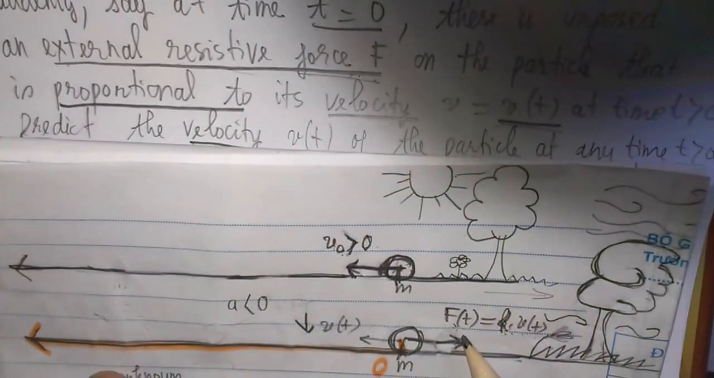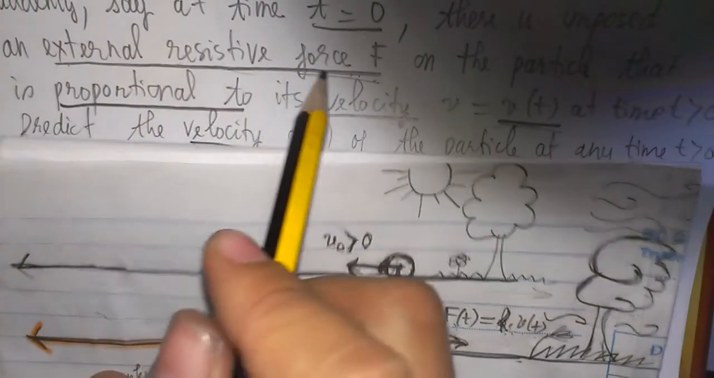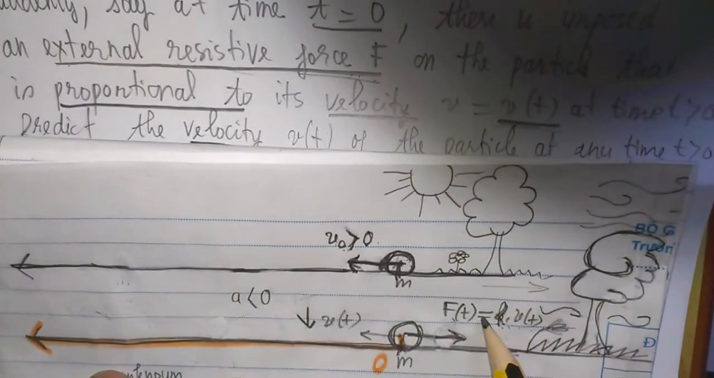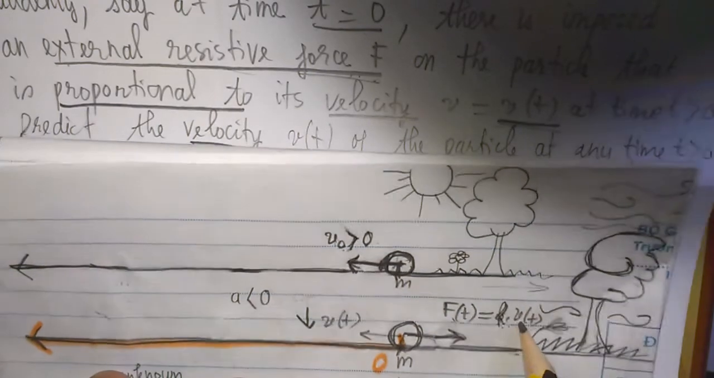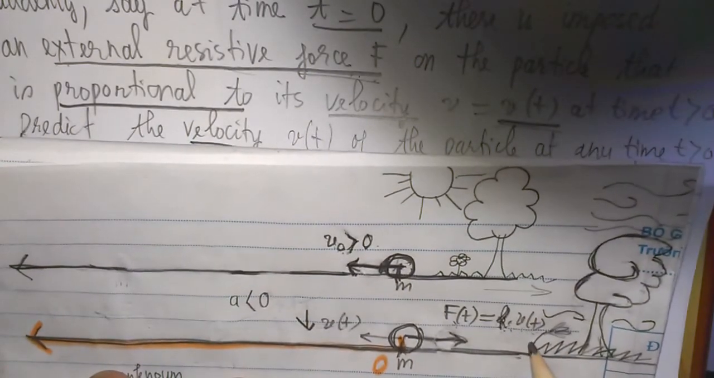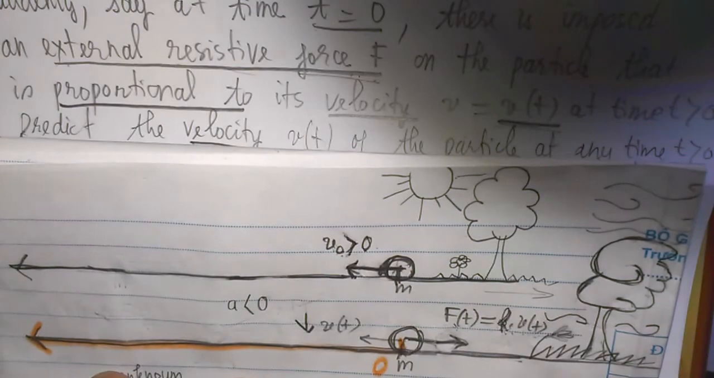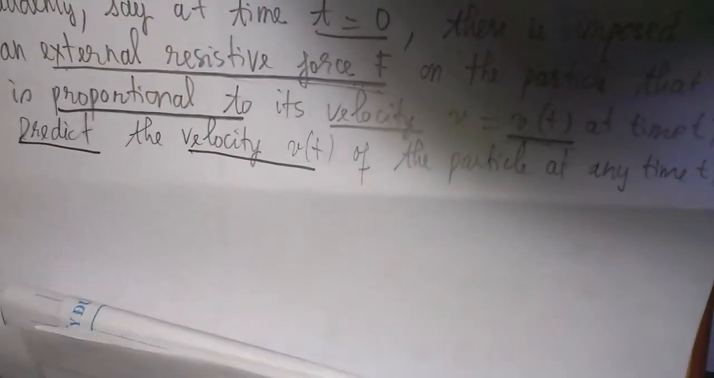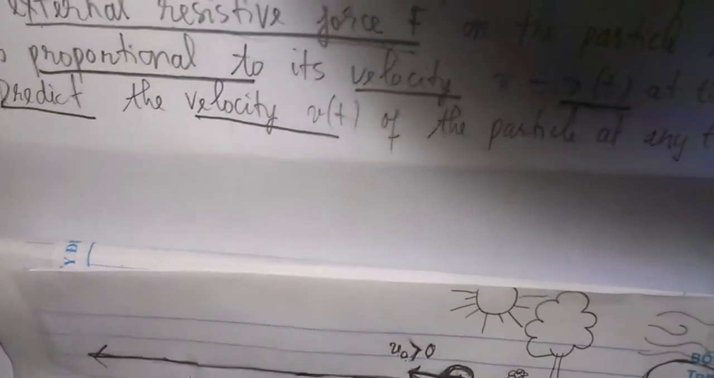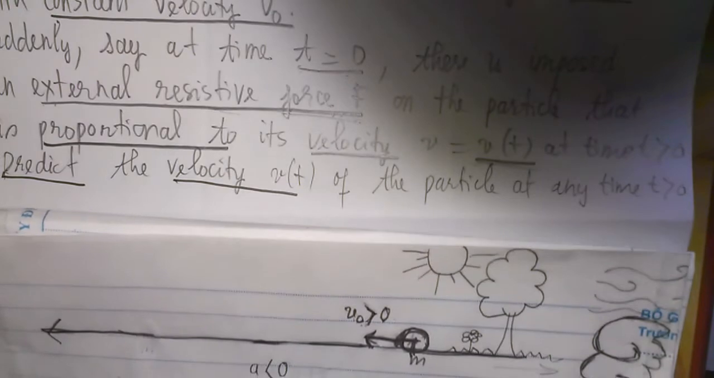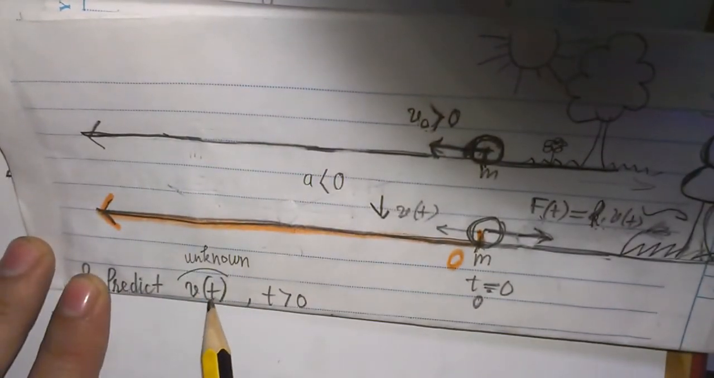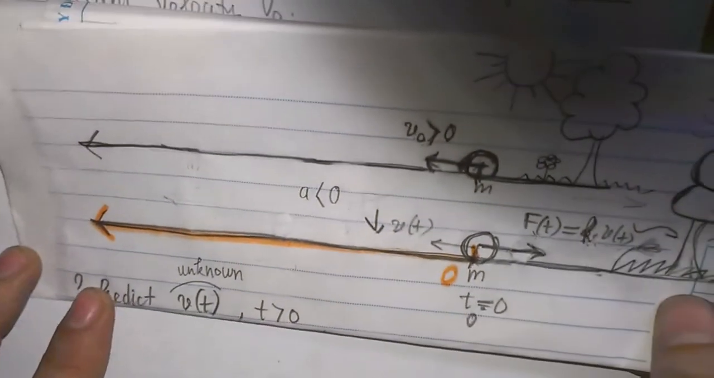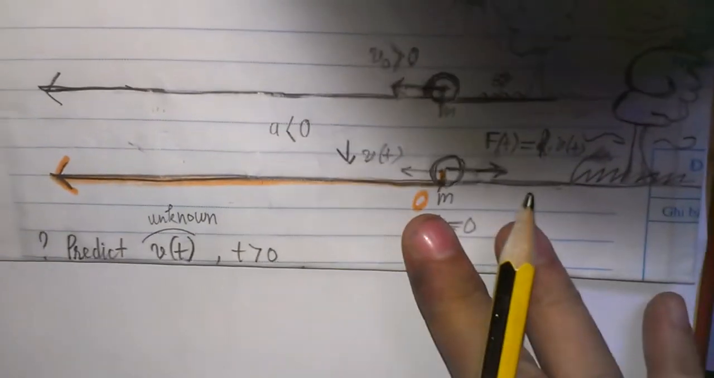So I write F(t), the force at time t, is some constant, let's say k, times v(t). This one is the magnitude. And we have to predict the velocity v(t) at any positive time t. In other words, we have to predict the unknown function v(t). Now, let's use